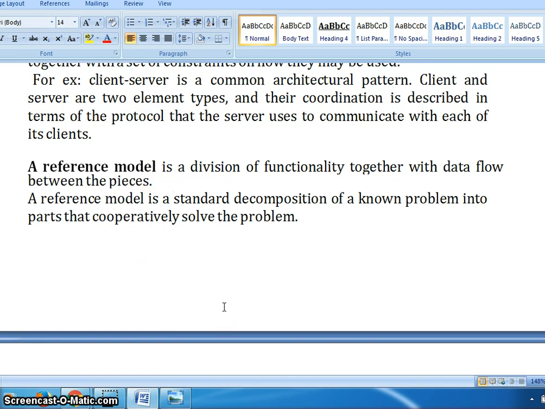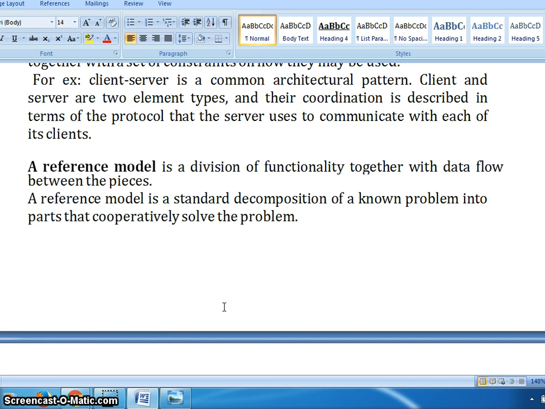Next, it also defines the standard decomposition of a known problem into parts that cooperatively solve the problem. Always, when the software architecture is a complex structure, in order to reduce this complexity into a simple form, we need to go for a phenomenon called decomposition.